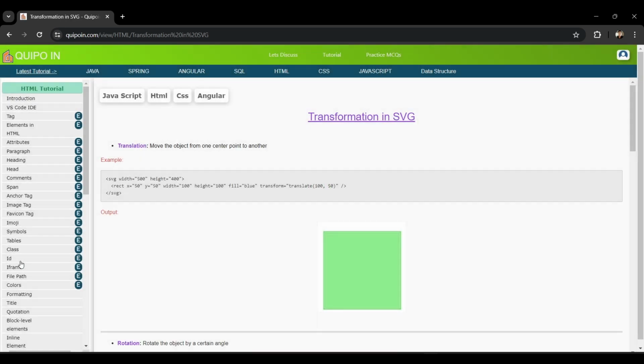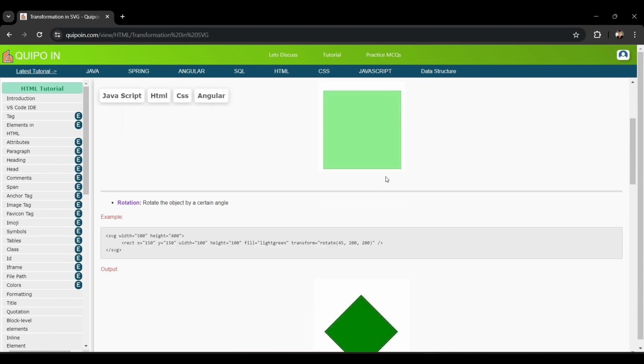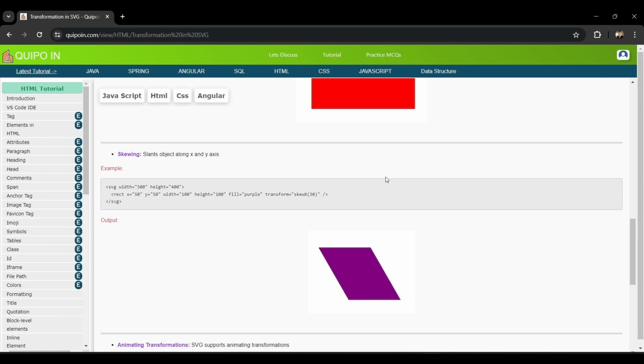In this video, we are going to learn about the transformation in SVG. We are going to see how to translate, how to rotate, how to scale, how to skew, how to animate